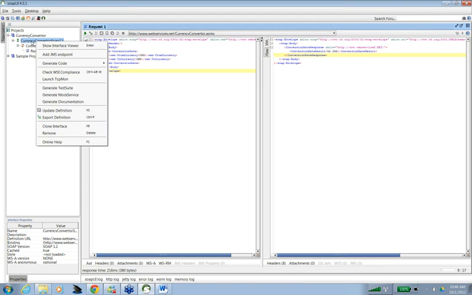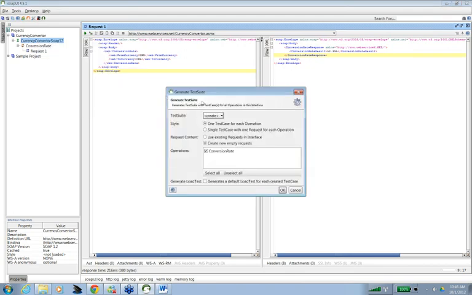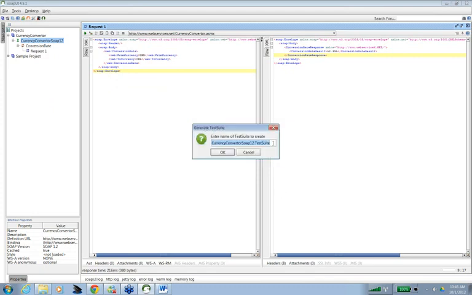Click on this currency converter and say generate test suite, and give a name to this test suite. For this API testing, again we have to apply some kind of testing technique.